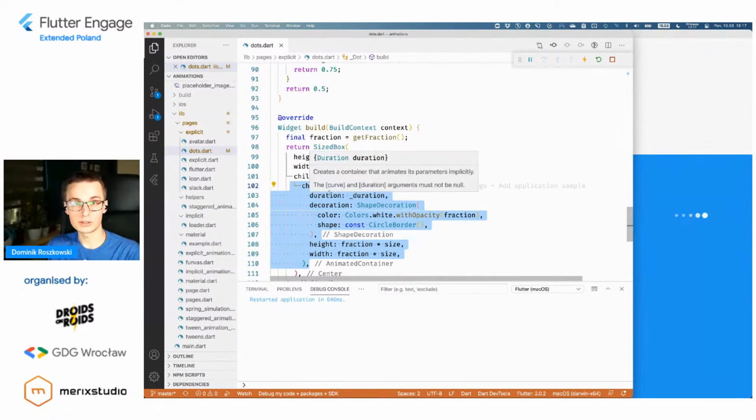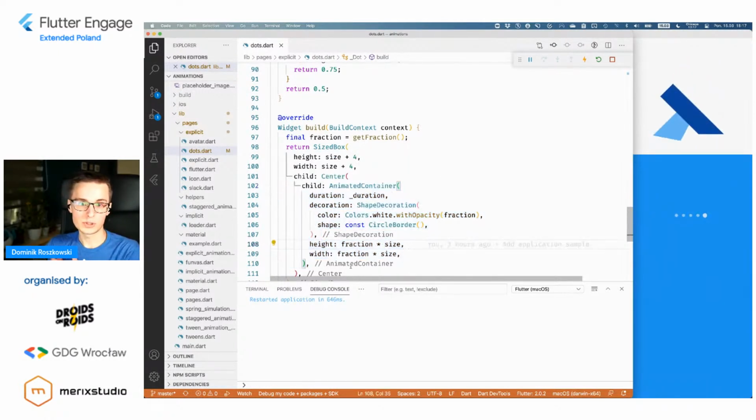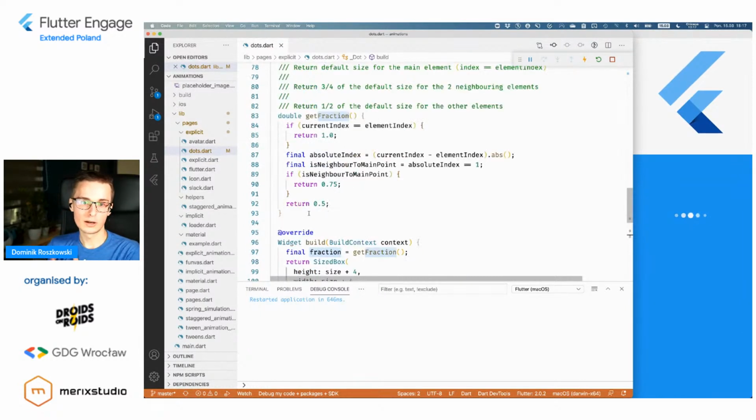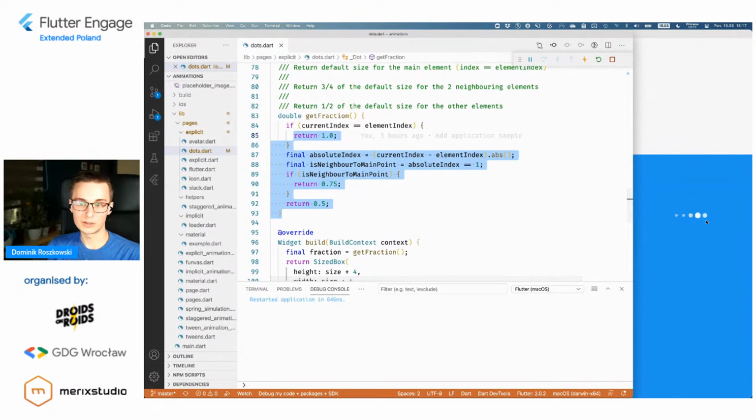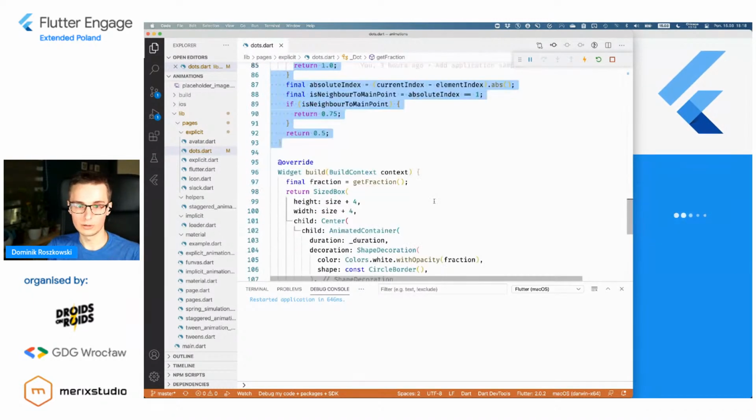I just use animated container, and I'm using this fraction that is being calculated here, and there is also some logic behind it because I want to decrease the size of the next and the previous circle, right? So as you can see, the middle one is the largest, and the next and the previous are a bit smaller. But this is only a detail.